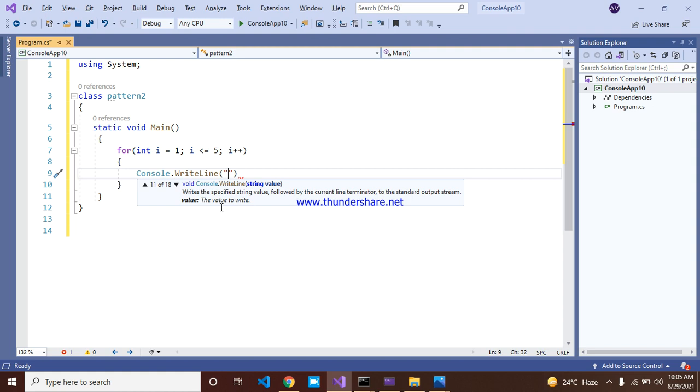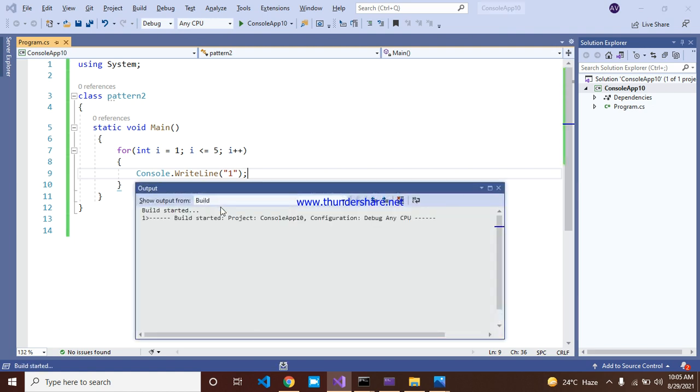You can easily understand the purpose of WriteLine, Write, and ReadLine, so you get some clarity. You can write like this and wait for the output.